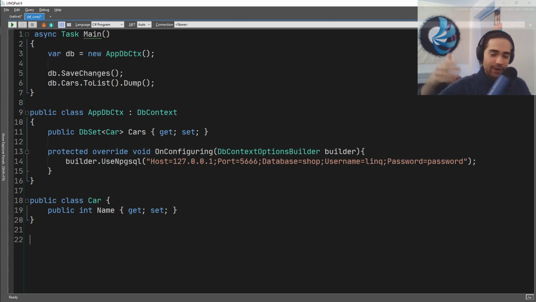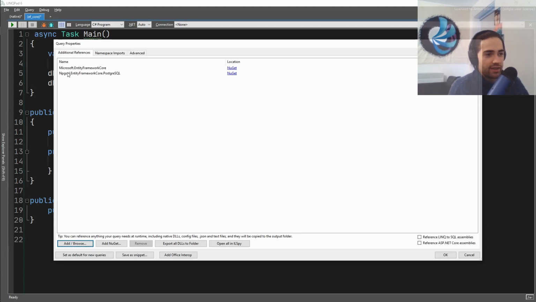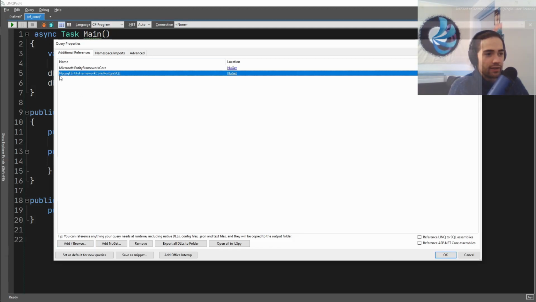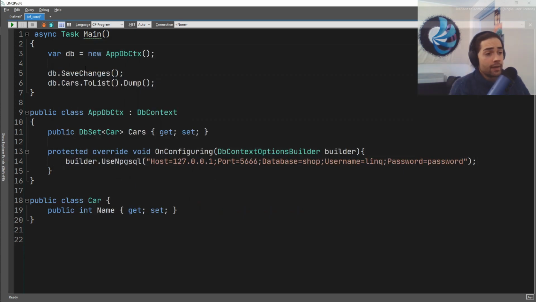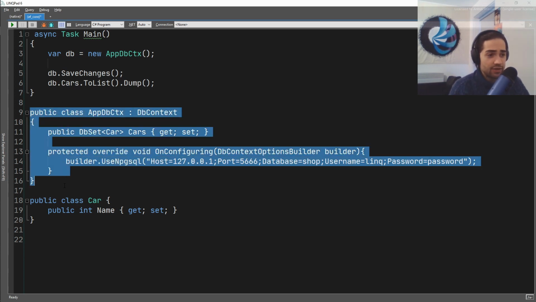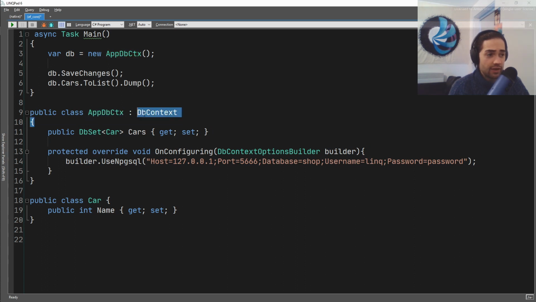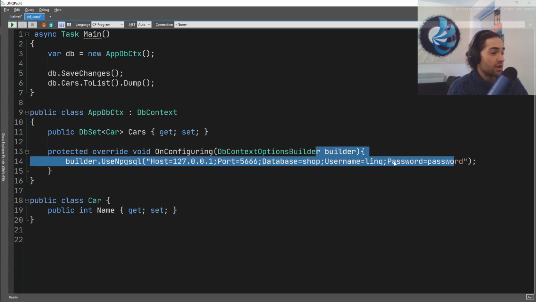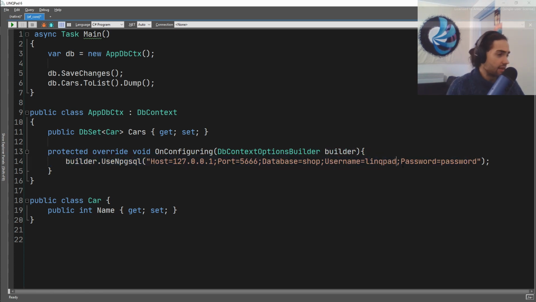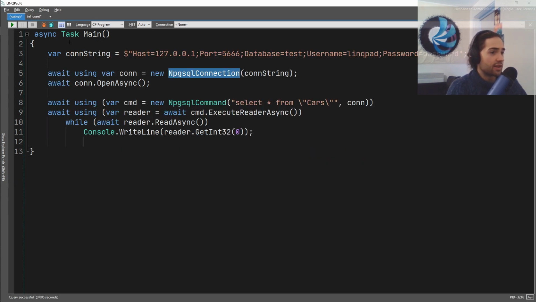So Entity Framework looks like a regular DB context. The only thing that's changing is we have Entity Framework Core, and this is an Npgsql Entity Framework Core PostgreSQL provider. Go ahead, it's just a NuGet package. You add it to your application, and what you essentially have is your app DB context. You inherit from DbContext, you supply your configuration here, which is, we'll say, a LINQPad username with the password. So it's just the same connection string as we've been using here,